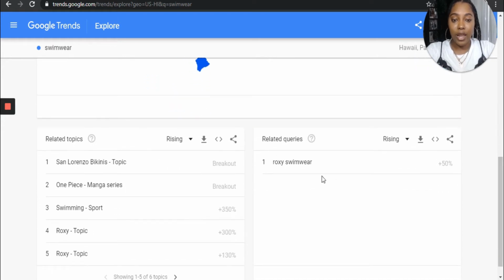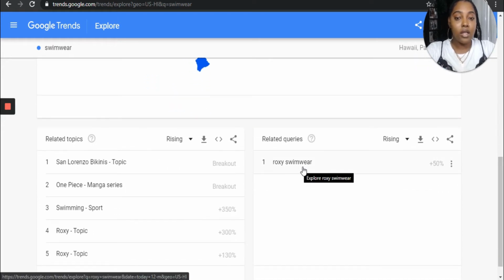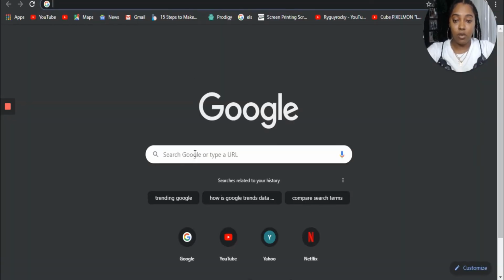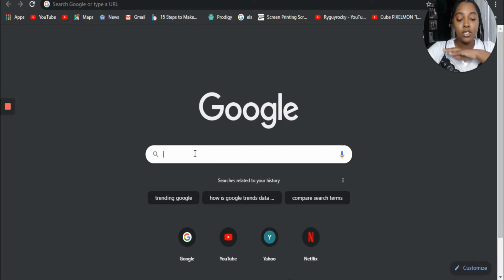And you can see right here, it says Roxy Swimwear. When I typed this in maybe 2 hours ago, this query changed. It was actually a different swimwear brand. But if you type in Roxy Swimwear, they're searching those styles. And I'm going to click on a new tab so I can show you how to pinpoint a certain demographic